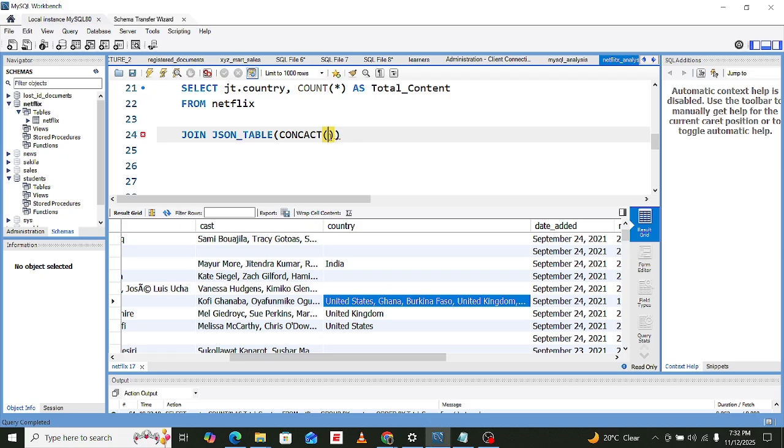So that is the concat, and then what we should have here is something like braces. These braces that I have just indicated here. These are not braces; we call them square brackets. This is what I want to put here.